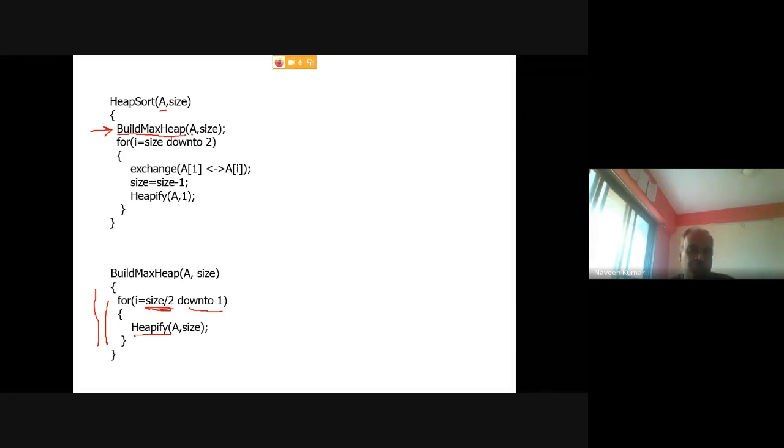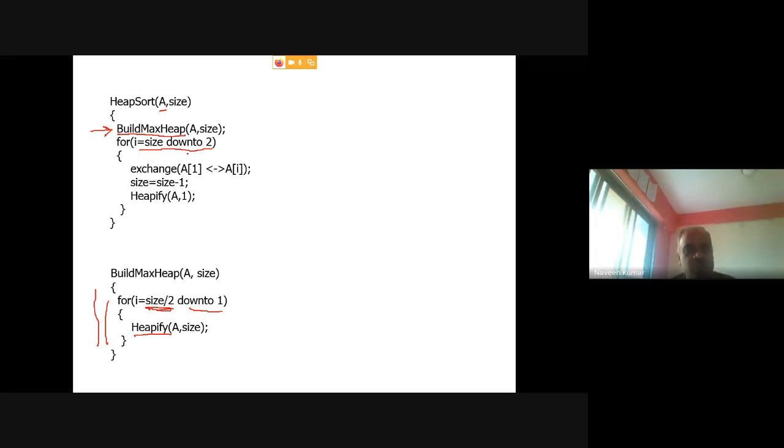So if somehow you are able to convert that into max heap, then what you will do, you need to use a for loop that will go from size down to 2. So you need to first sort that size position, then size minus 1, then size minus 2, up to second place. First will automatically get sorted, right?